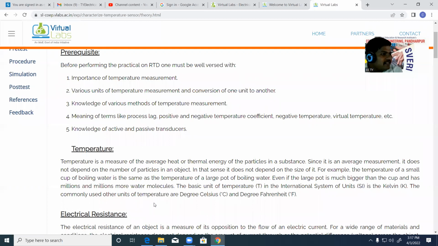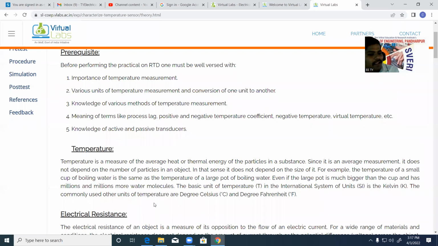Iron particle, or we can call it a molecule, will move when it is heated, right? So in convection, water can be heated. That means the water molecule, or water particle, will be attracted towards the heating element. It is heated. That means there is a transfer of ion or molecule, right?